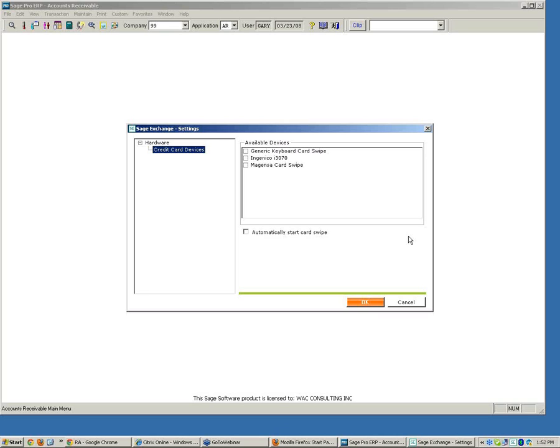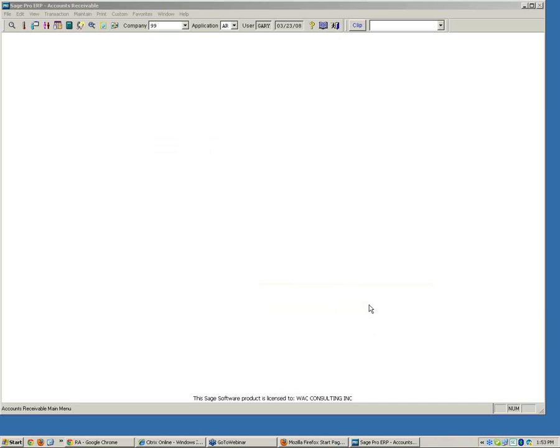This is a product that keeps the credit cards PCI compliant off of the workstation and into the Sage Vault. This is also where you would configure, if you're using any sort of swiping process on the workstation, the configuration of those devices. In my case, I'm not using anything like that, but if I did, I would configure that here. And that's it. Once those two things are enabled and running, then you'll notice as you go in, for